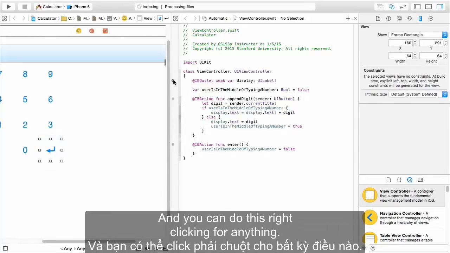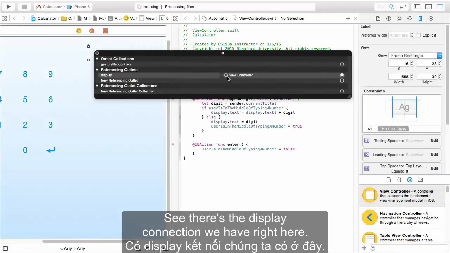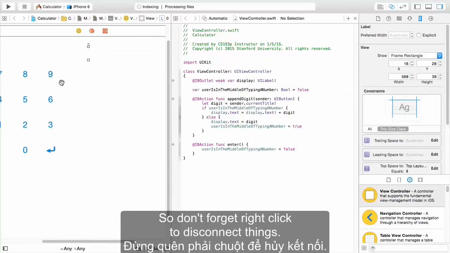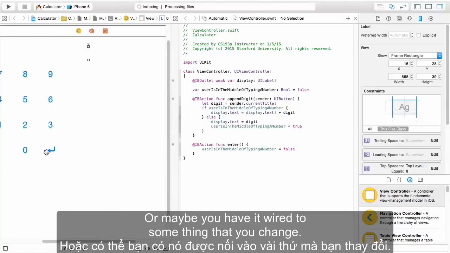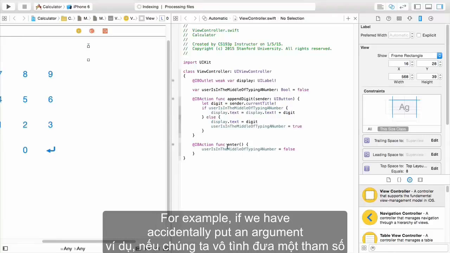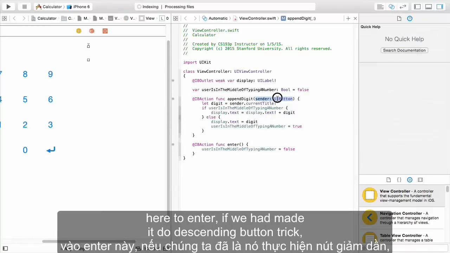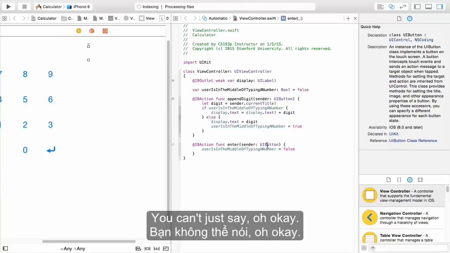And you can do this right clicking for anything, like we can even do it for our label up here. We can see there's that display connection that we have right here. So yeah, don't forget right click to disconnect things. Now, if you forget about this and you don't do it, or maybe you have it wired up to something that you changed. For example, if we had accidentally put an argument here to enter, if we had made it do the sending button trick, kind of like this,